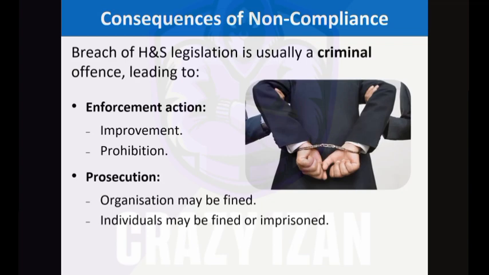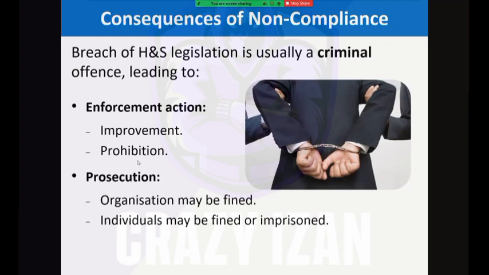It's a minor non-compliance and they can rectify it immediately. So in that case, the legal inspector is going to issue an improvement notice to the company to improve their situation. If there is serious threat to the life of someone, they might issue a prohibition notice. So if there is a risk of somebody getting seriously injured, the prohibition notice will be issued, and the prohibition notice will prohibit you from working.